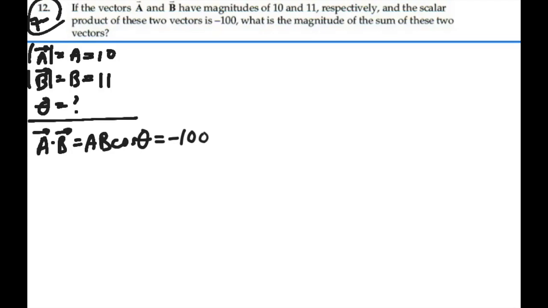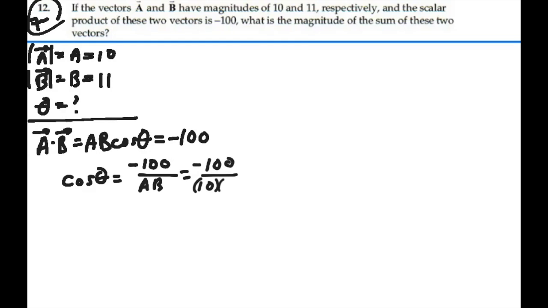So that means that the cosine of theta is equal to a negative 100 divided by a times b, which would be a negative 100 over 10 times 11. So theta is going to be equal to the inverse cosine of all this stuff,